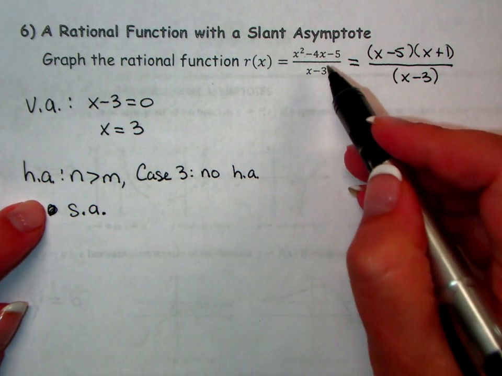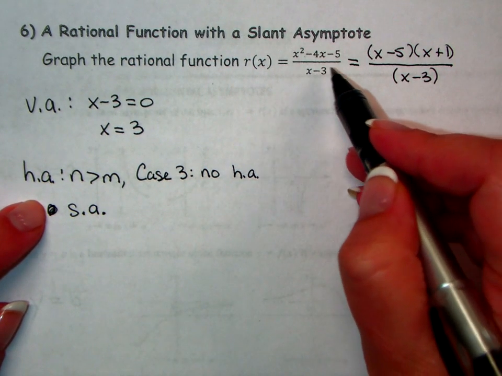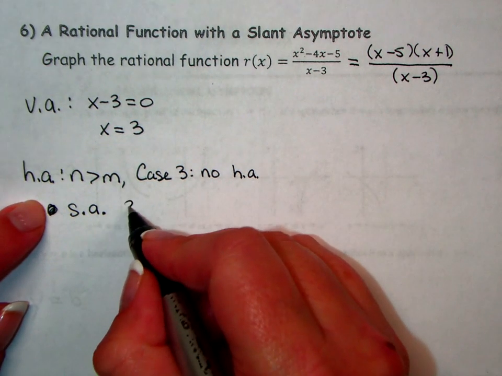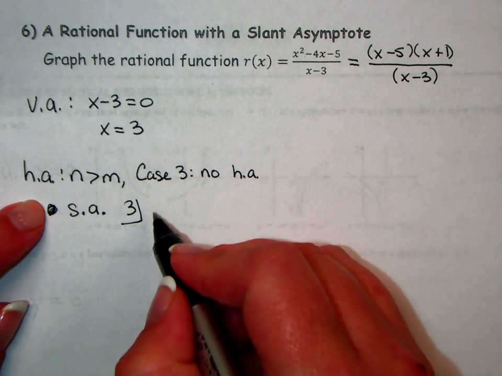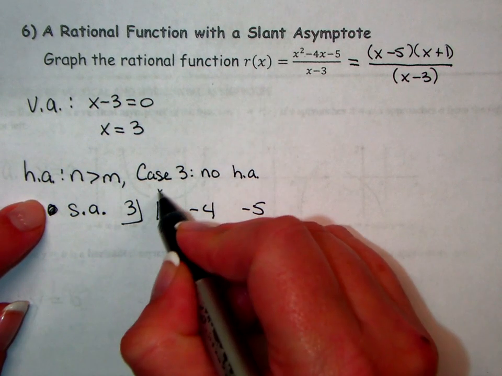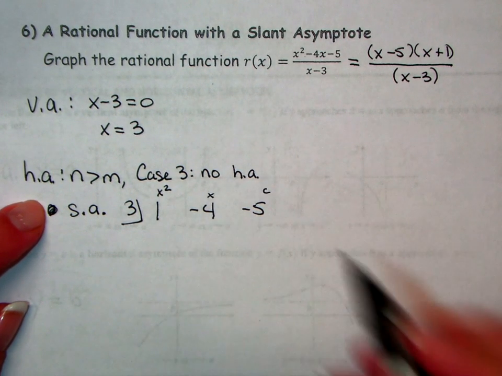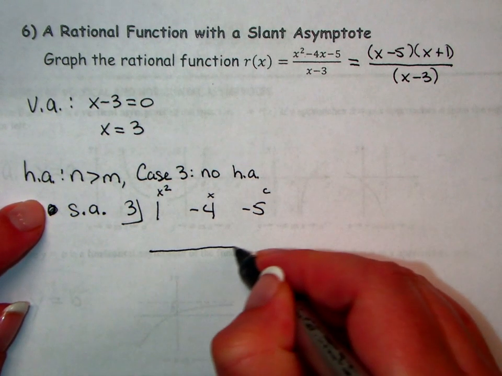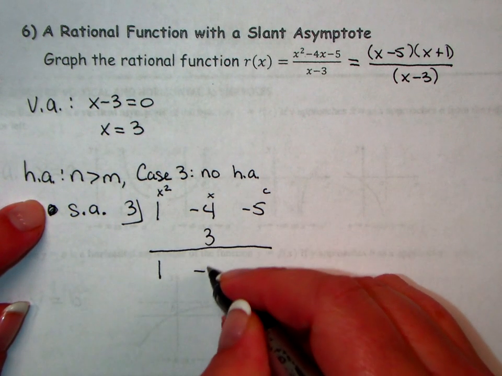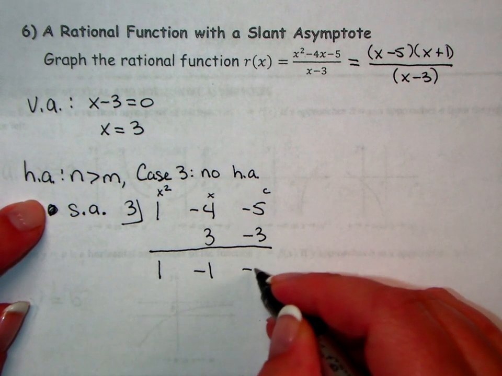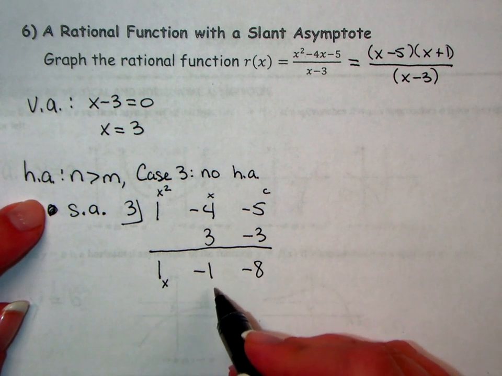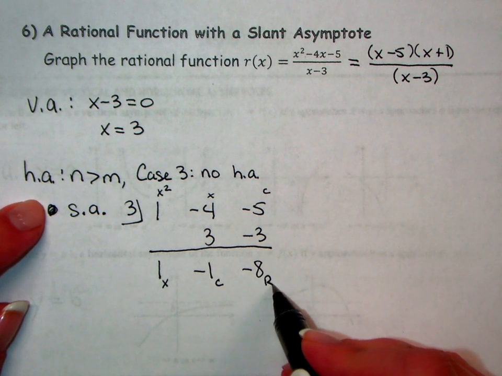So we need to do this division. So again, the denominator is linear. So synthetic division works here. I'm going to go ahead and divide by 3. 1, negative 4, negative 5, right? Because we got x squared, x, constant. So if I do the synthetic division here, okay, just chug right along, then this is the x, this is the constant, and this is the remainder,